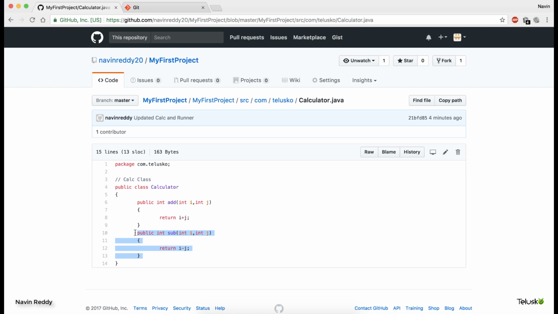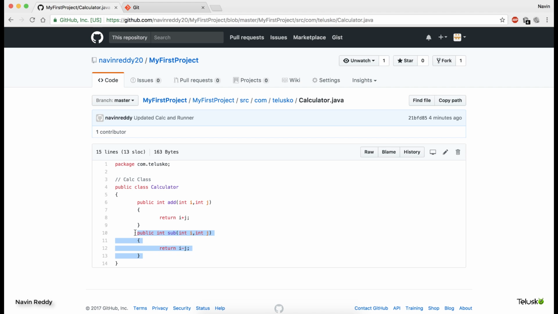And let me tell you one more time, if you're watching this for the first time, you might find it difficult, but don't worry. Once you start working on GitHub, what I would recommend is try the same steps which I have done here, and trust me, you will understand how exactly everything works.